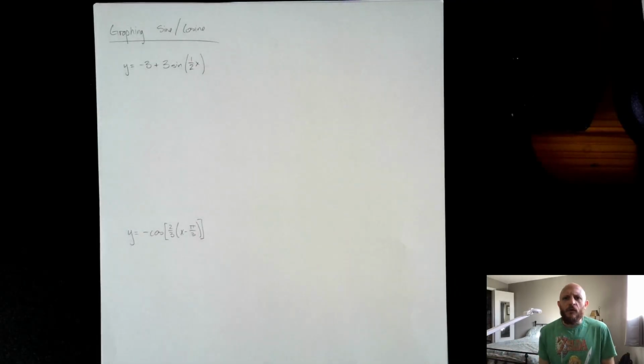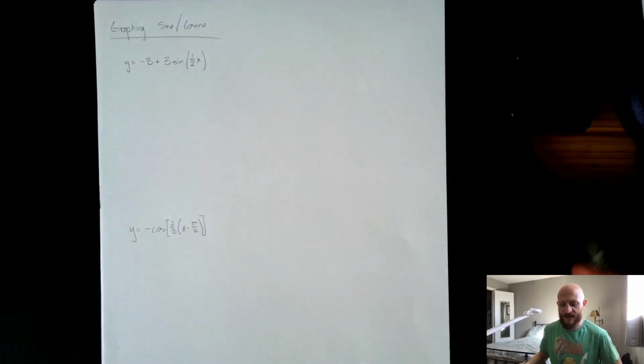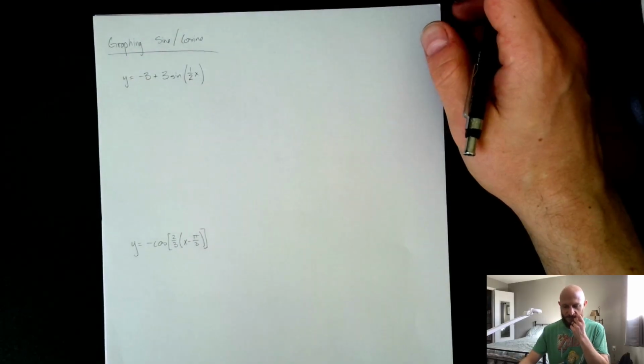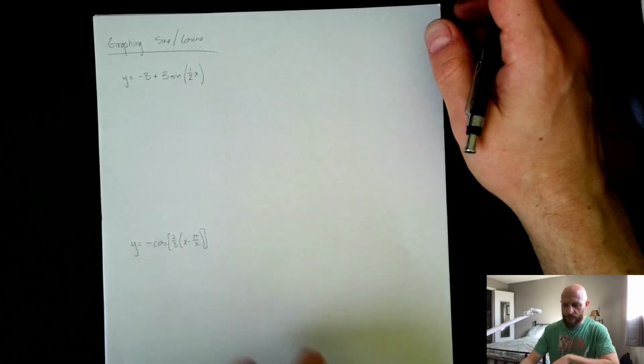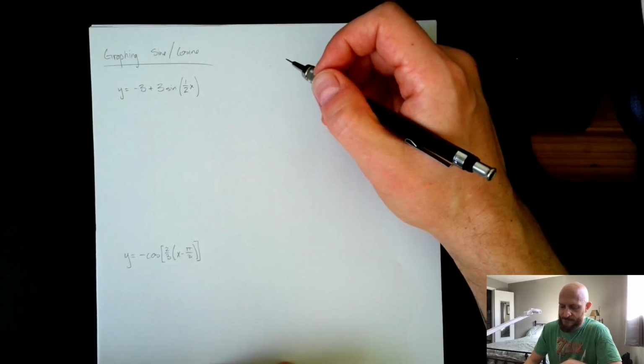All right, so let's try our hand at graphing a couple of sine and cosine equations, one of each. Given the equation, we want to be able to graph this thing out just by analyzing it and picking apart the pieces. As a reminder,